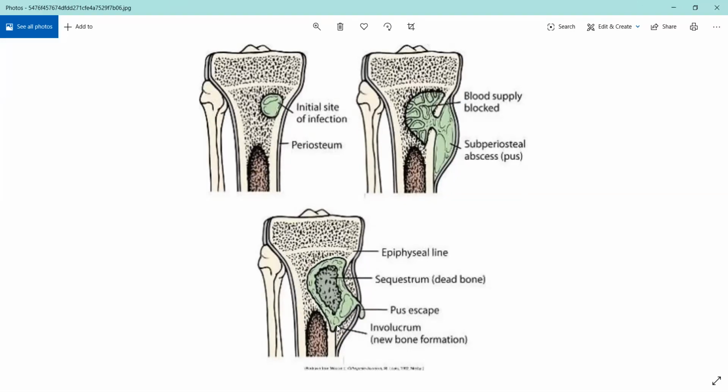But यहाँ पर क्या हो रहा, you will initially have sequestrum, which is the dead bone inside, necrosed area, and around that, this is, as you can see, in the cortex of the bone, around this new bone will start being formed, enveloping that necrosed area, which is called involucrum. Right.